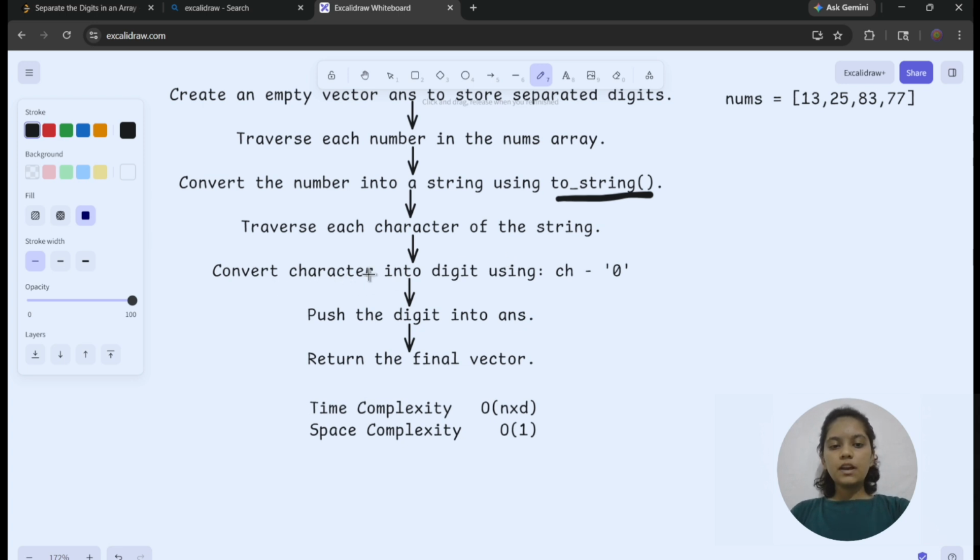To convert a character into a digit, I am using ch minus character 0. When I am traversing a string I get characters, but I want the digits.